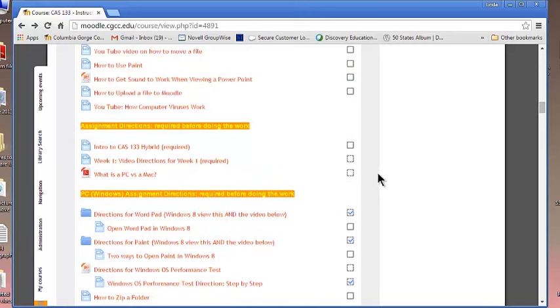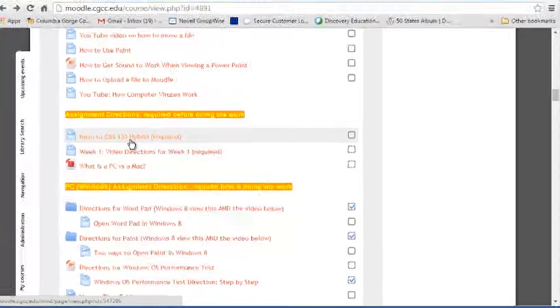Moving down here, what are you going to need to do? Well, you need to watch the intro with CAS 133 Hybrid. It's going to kind of let you know some things that are a little bit different about the hybrid versus the regular online version. Starting in week 2, you will have the same video as the online version does. There won't be any difference between the videos. So you actually will be seeing a slightly different colored screen, but all the links and information are the same. The only difference between the two courses from that point on are the color of the links. And I did that partly so I don't get confused of where I am, which course I have open.